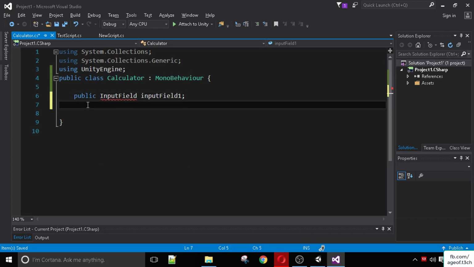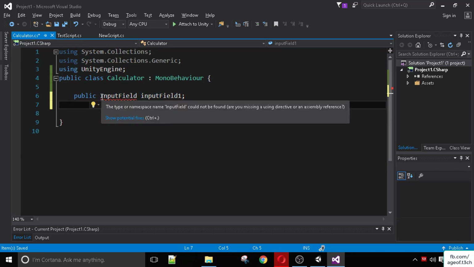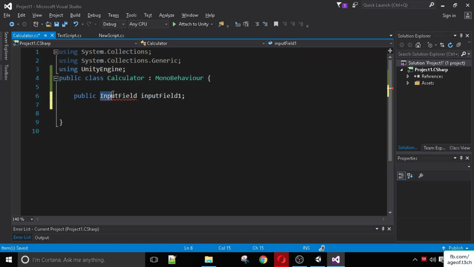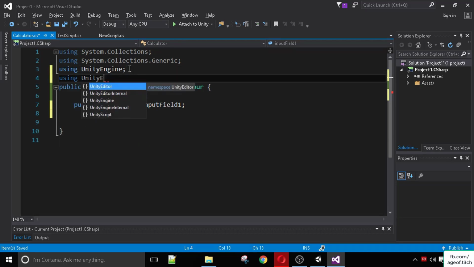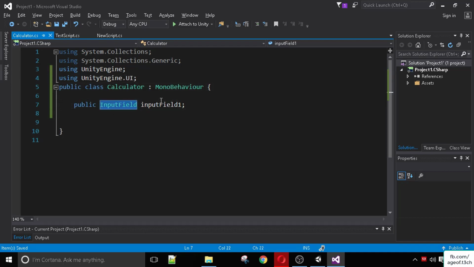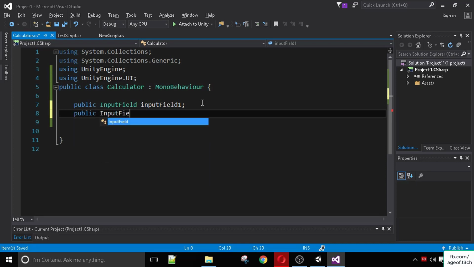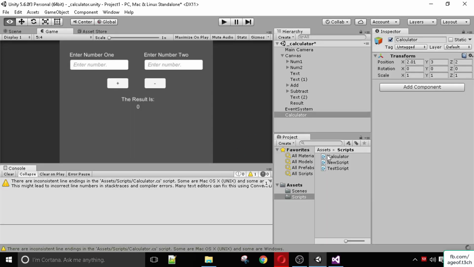And you can see that Visual Studio is confused. It's telling me that I can't do this. That's because we're working with UI and we need to import a library. So let's say using UnityEngine.UI, and now we can see it recognizes the input field. And we also need a second one, so let's say public input field 2. Okay, so now if we go back into Unity, and if I take my calculator script and just drag